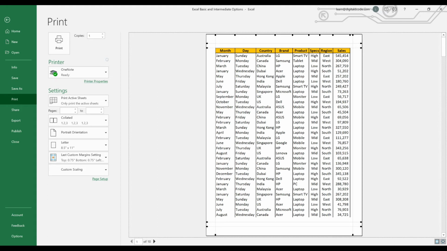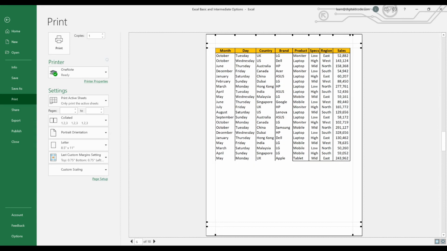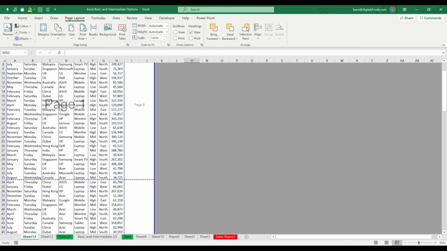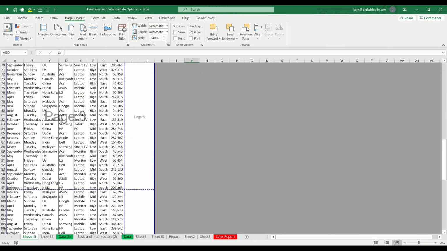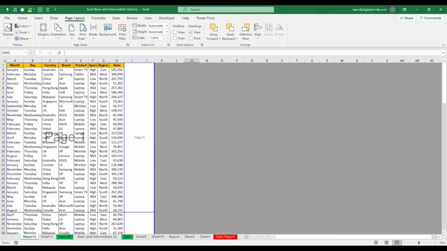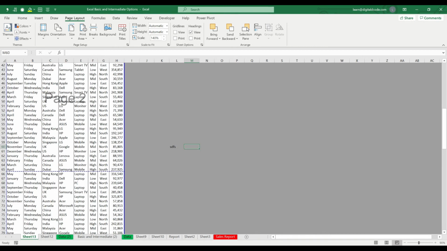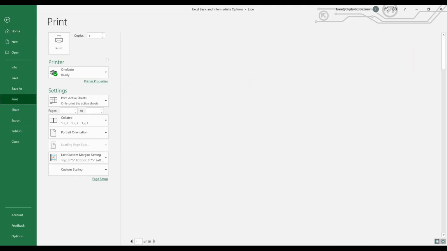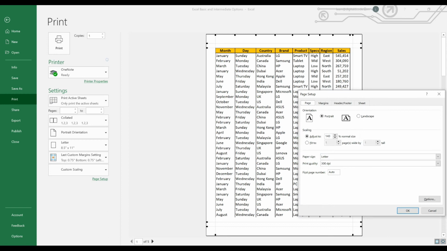Okay, still I see 10 pages. But I don't have anything there. So what I will do, I will drag and close it. I will hold this and drag and leave it to the end. It's not going to impact my text size. So now I'll go to print preview. Let me go to page setup. The 140, whatever I gave, that's what is there.